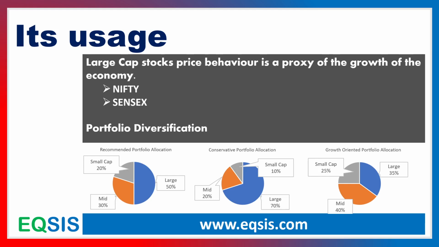If you wish to form a portfolio from a longer term perspective, the recommended portfolio is to have fairly 50% in large cap companies, mid cap companies 30%, and small cap companies about 20%. That's the recommended portfolio. But if you wish to have a very conservative portfolio, which is what Axis recommends to our clients, because we don't wish to add more risk to the existing client portfolio, so by default the products we provide are slightly conservative. In that case, the large cap contributes 70%, mid cap contributes 20%, and small cap contributes just about 10%.